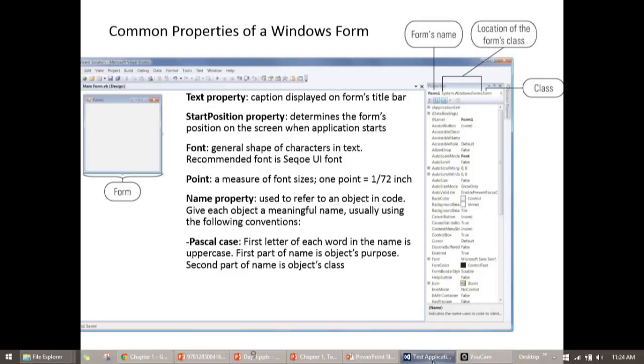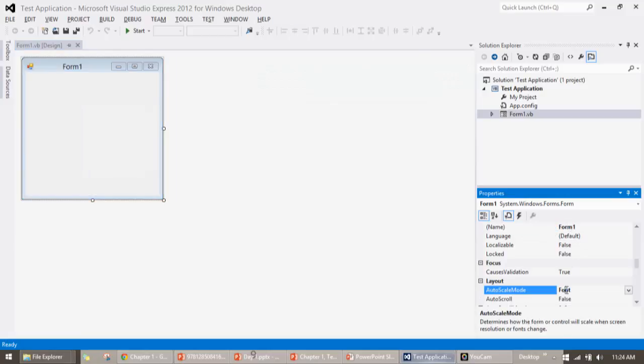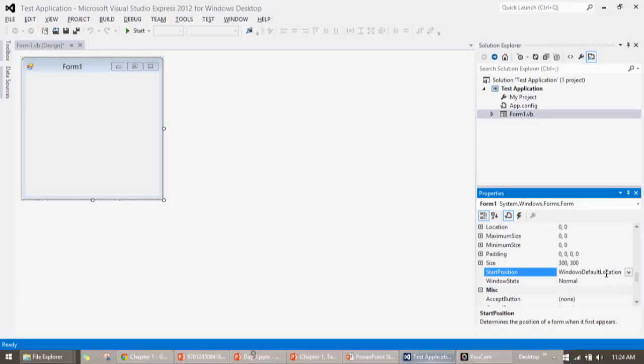So let's see the properties. See here the name, font. This is font, and once we go here, you see the start position is at default. You can change it to something else given here, or maybe you can make it manual. And then size, location. You can put a coordinate here,